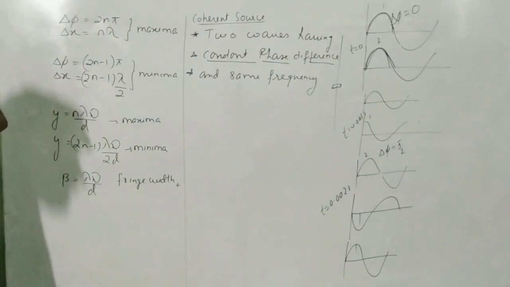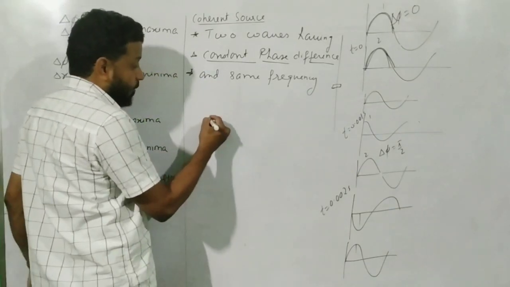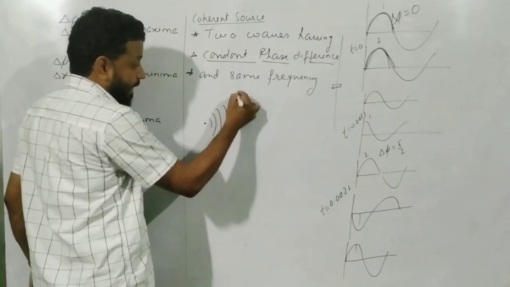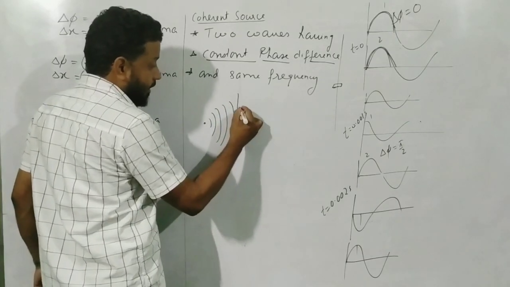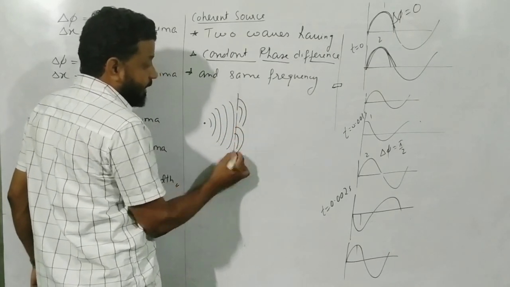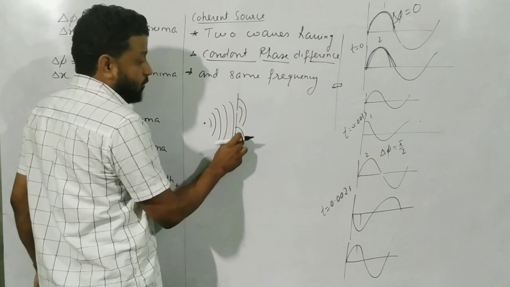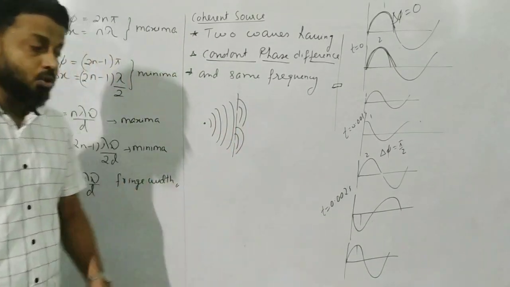And how to obtain them? Generally we split the same source into two. So this is how we have obtained. From one source we put a barrier, we put two openings over here, and then from the same source two more are opened. So if any fluctuation is happening over here, that fluctuation is same in both of them, and hence the difference in the phase remains again constant. Okay.